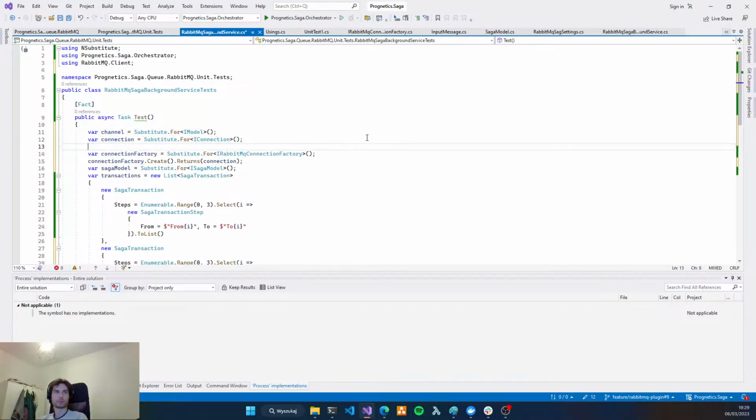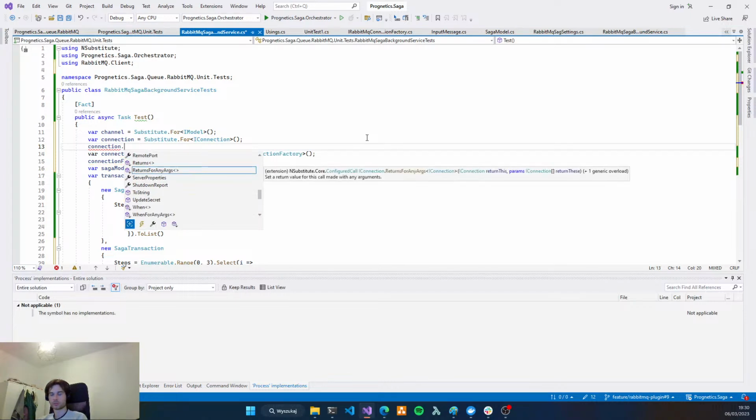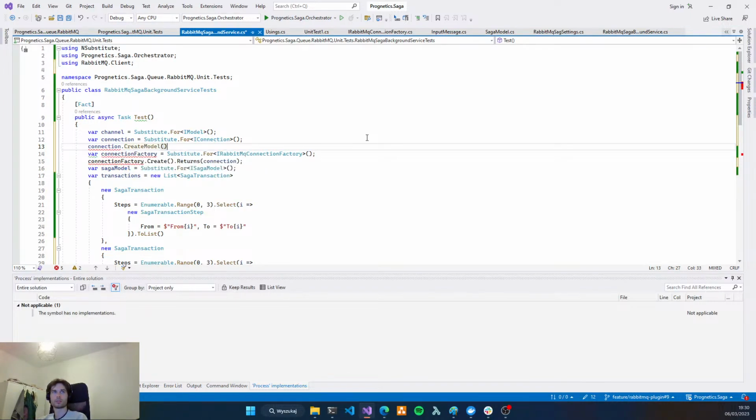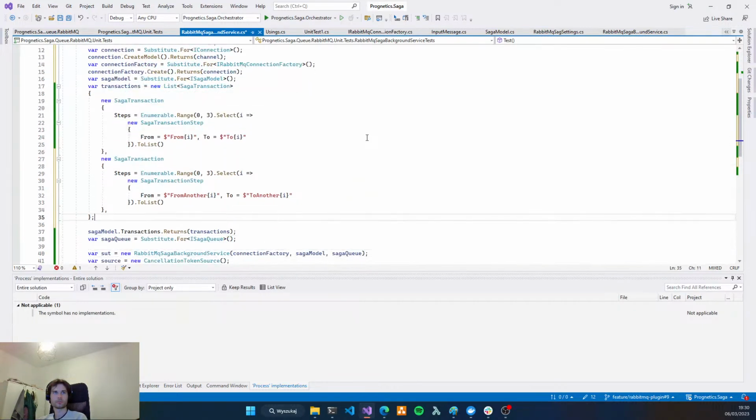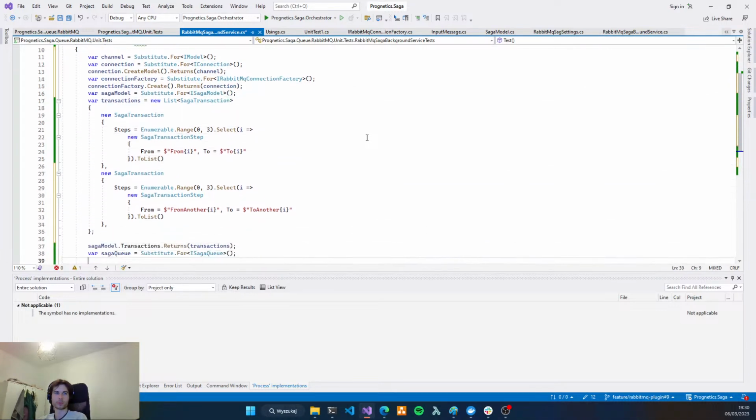Okay, so the connection for create model will return the channel. To be honest, I don't know how events work with unit testing and mocking.